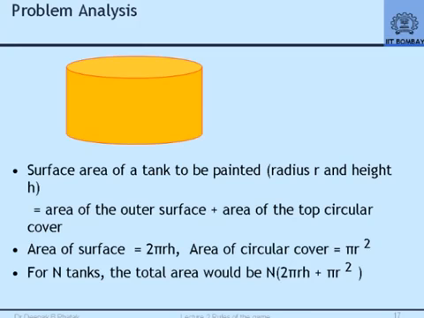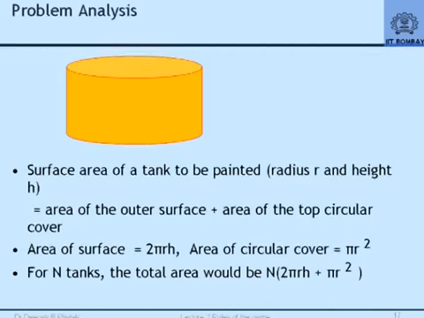Invariably, people like you will solve this problem in a jiffy, because in your mind you have already formulated what needs to be done. But when you write a computer program, there is a process by which you arrive at the program. You just don't start writing a computer program the way you start solving a simple problem. And this method is as follows. The first step is you analyze the problem. Now, analysis of course is in terms of the computations that you need to do here. Okay. So, these computations, you will do problem analysis first.